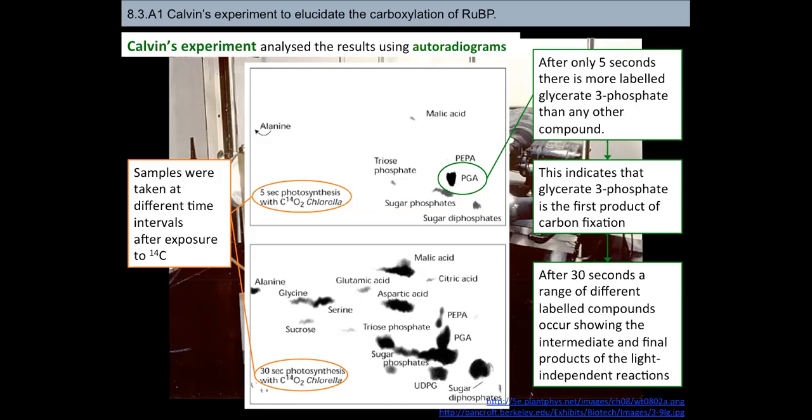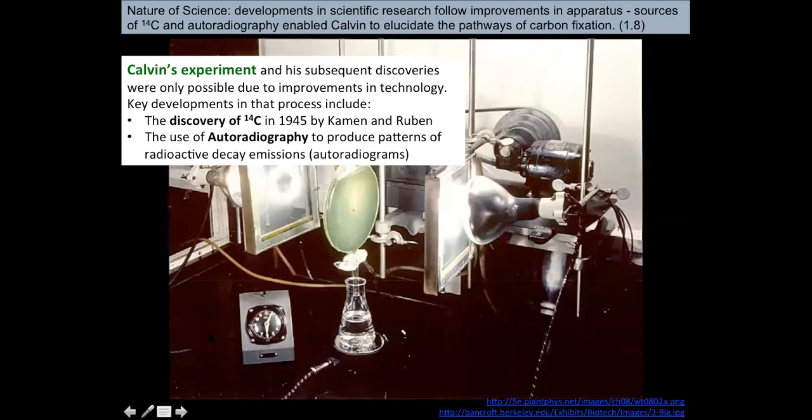So what's the point of all this? It's that experiments are cool, and developing new techniques to learn stuff is cool, okay? And Calvin wouldn't have been able to do this if not for these two different techniques that maybe it wasn't him that started them or discovered them, but he used them to his advantage for his experiment, right? So you can see here, if someone hadn't discovered radioactive carbon, he can't do this experiment. If he didn't know how to do autoradiography, which is something that